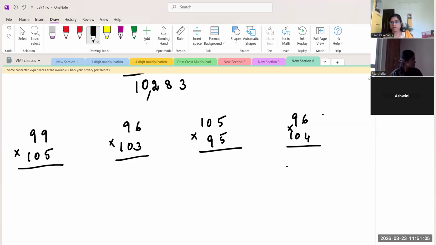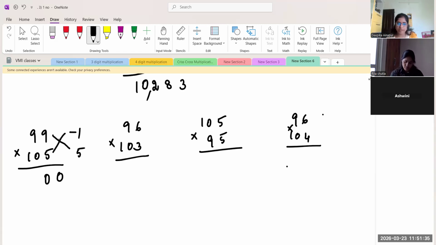Hope you all have completed it. So the first step is 99 minus 100, that is minus 1. And 105 minus 100 will be plus 5. And two zeros we should take. So I should write minus 1 into 5, right? Minus 1 into 5 as 0 minus 0.5, that I'll take as two zeros as of now, and then do